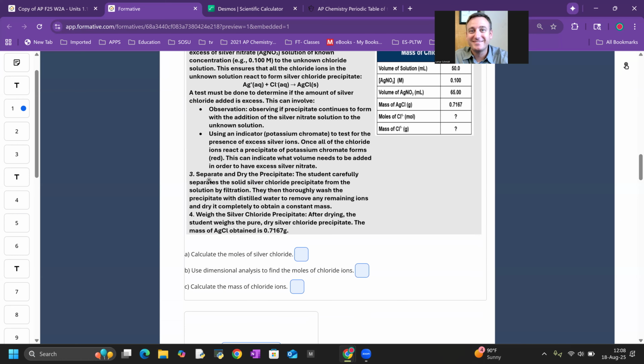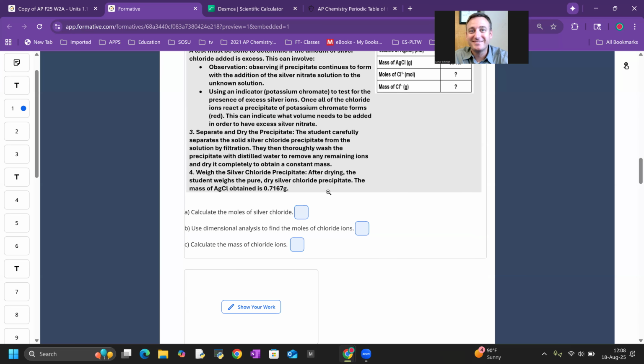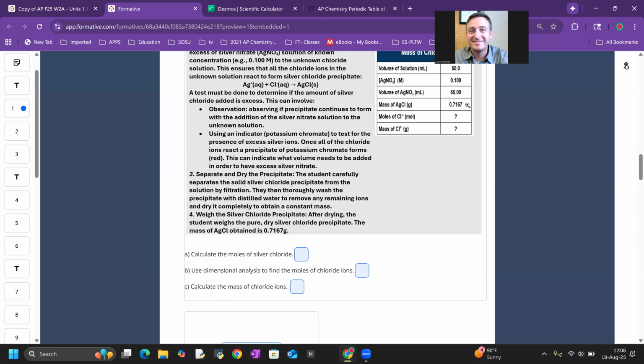So then the last part is you're going to separate and dry your precipitate. We've done this in a filter. You dry that, you take that, and you get your yield off of that. Then thoroughly wash your precipitate with distilled water, remove any remaining ions, and dry completely to obtain a constant mass. So we weigh the silver chloride precipitate. After drying, the student weighs the pure dry silver chloride precipitate, and the mass of the silver chloride obtained is